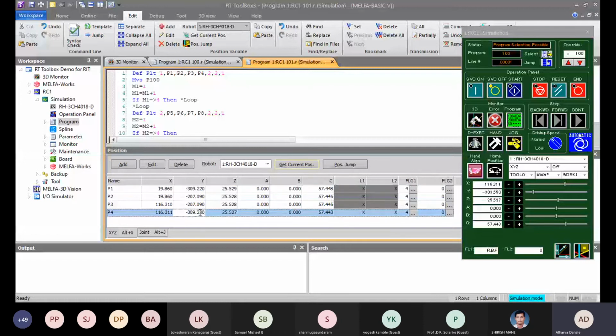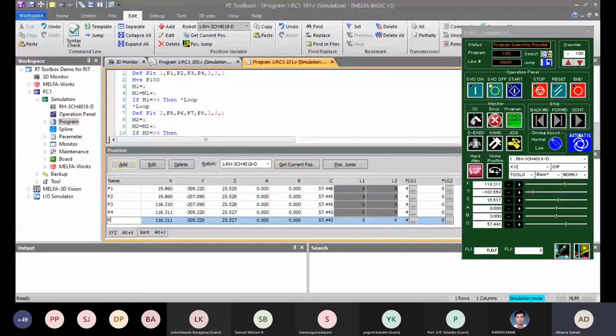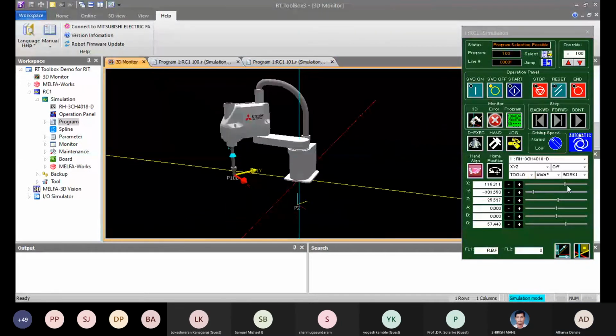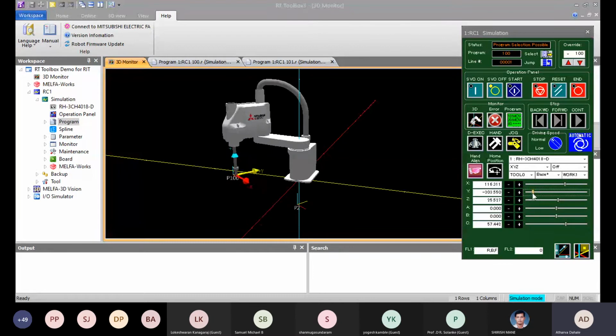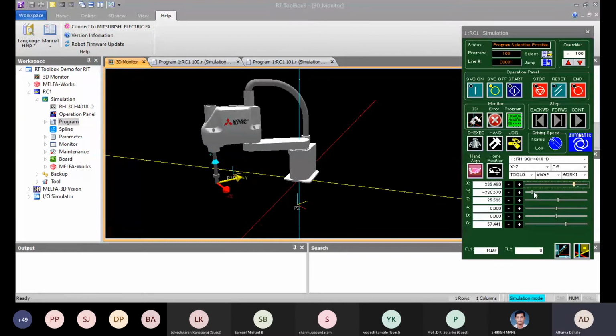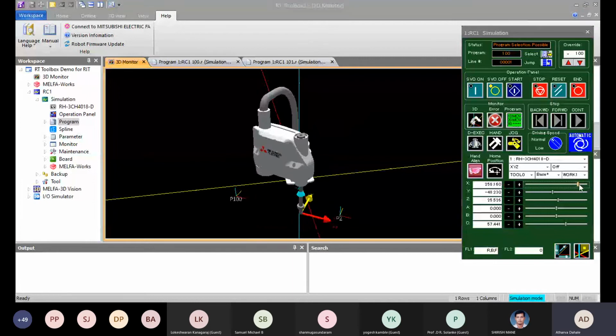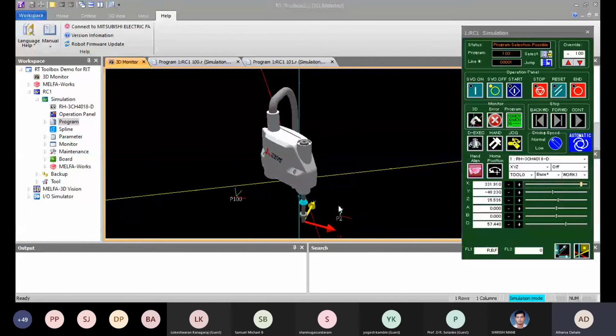Make some minor changes as the robot is not with us. After that, I have to give a position to MVS P100. So yes. Let's say this is my P100 position.